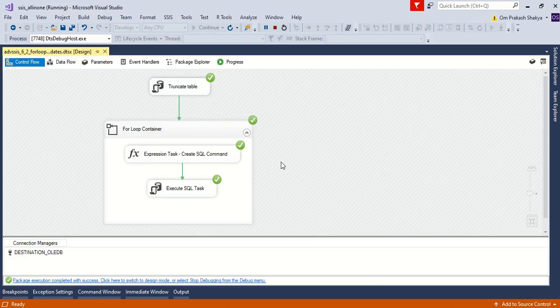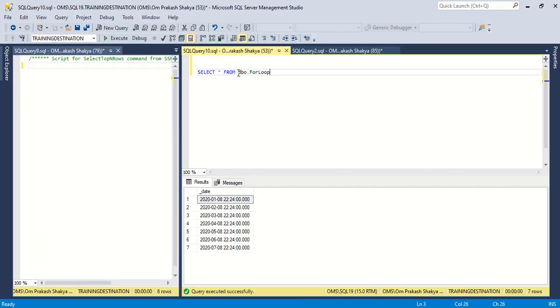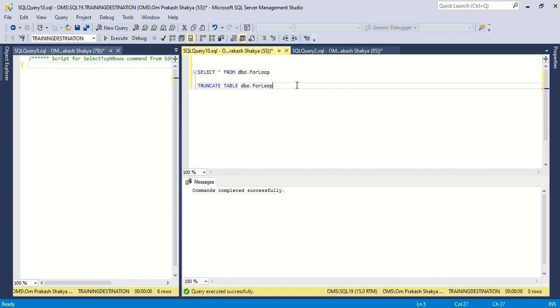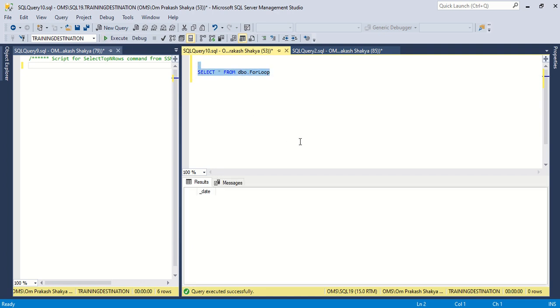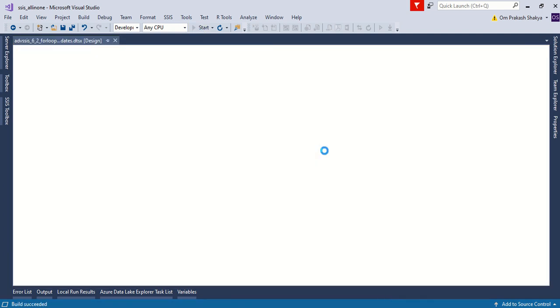One more time, let me truncate it manually. I have explicitly truncated this table, and let's see when we execute this package.